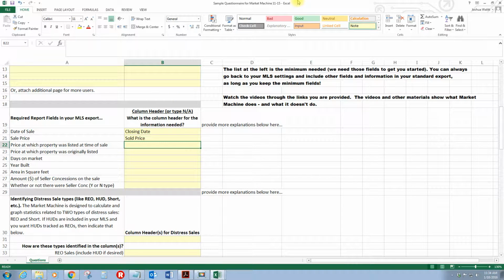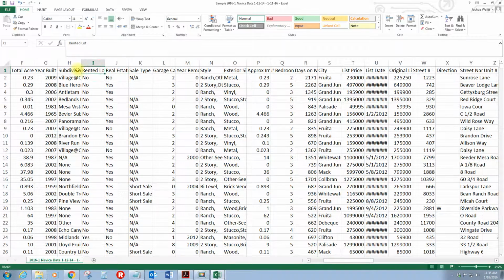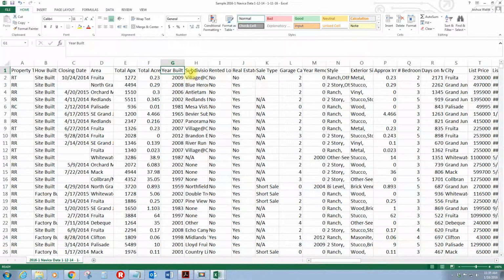So I, as the appraiser, am getting a properly mapped market machine. If you give wrong information here, it's not going to function properly. And remember, you are the appraiser who knows most about your MLS. I don't know about your MLS necessarily. List price, original list price. Don't type what I'm typing. Type what your MLS shows as column headers. Each MLS is different, even if it's the same company; different associations and different areas have different labels for